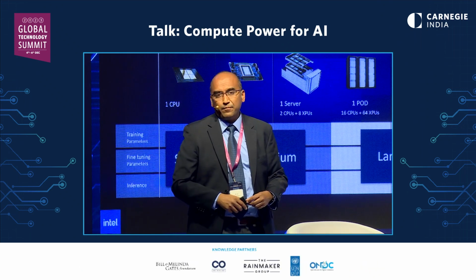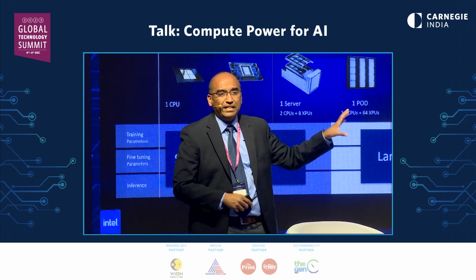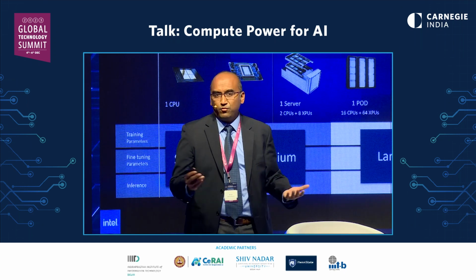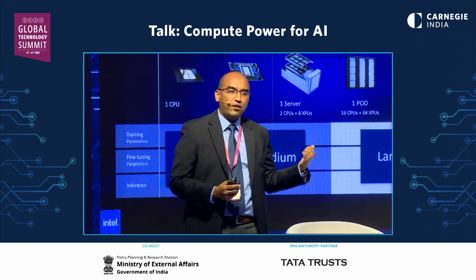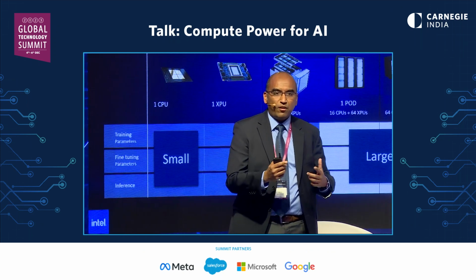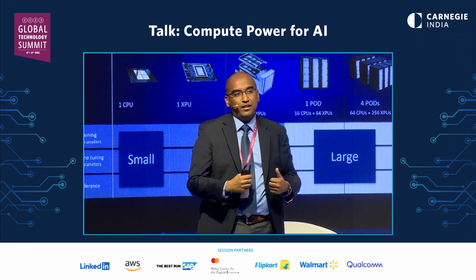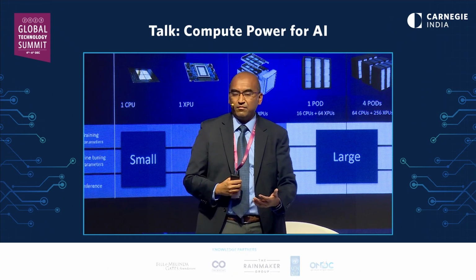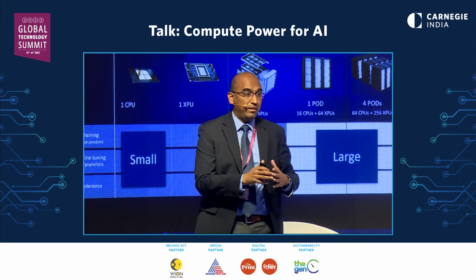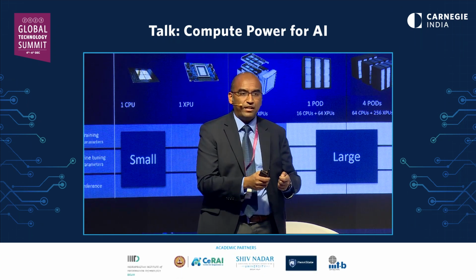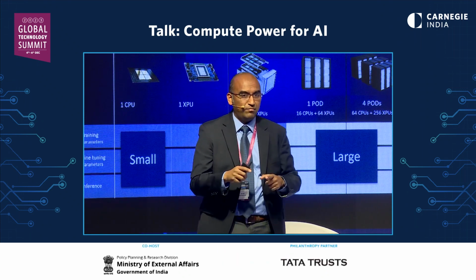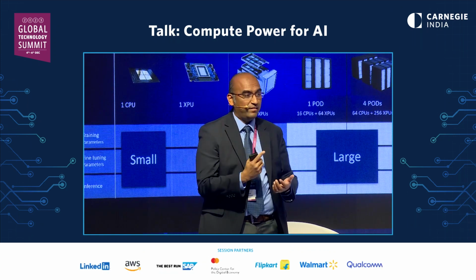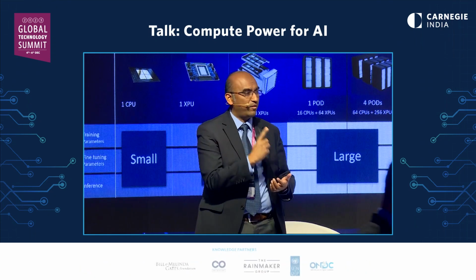So ChatGPT, for example, was trained on north of 20,000 GPUs. GPT-3 was trained on 16,000. GPT-4 is rumored to be trained on about 24,000. Right? We talked about flops in the beginning. So one flop is one floating point operation per second. Now, one exaflop is 1 billion billion floating point operations per second. Just to put it in context, imagine a billion people holding a billion calculators each, and all of them press the equal to sign at exactly the same second. They would have collectively done one exaflop of compute.